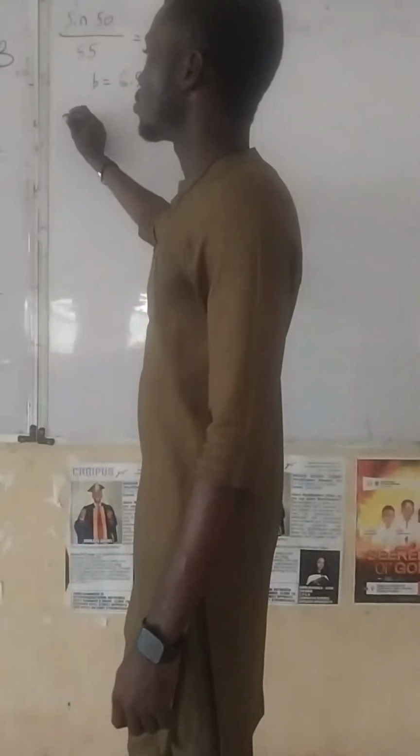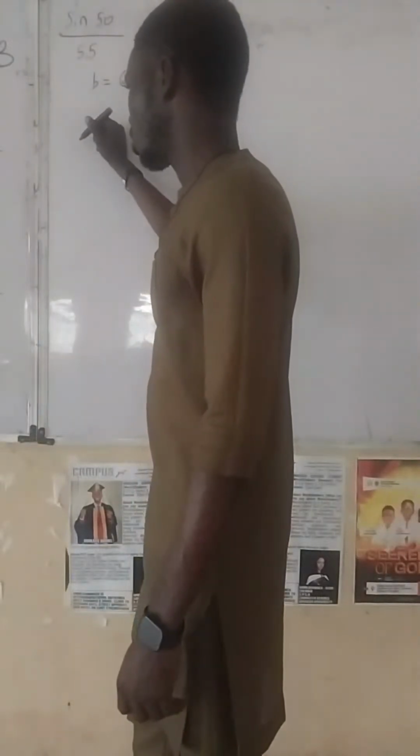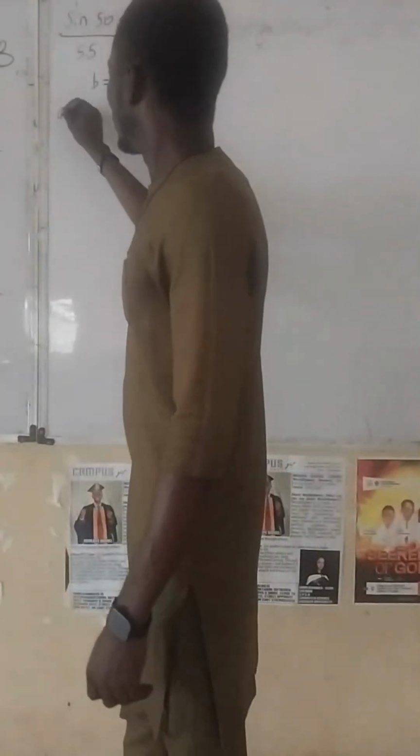If you use the first one, A squared equals B squared plus C squared minus 2BC cos A. That will give us 5.5 squared equals B is 6.5 squared plus c squared minus 2